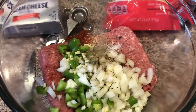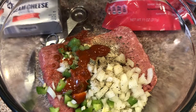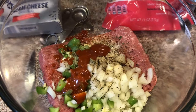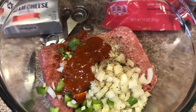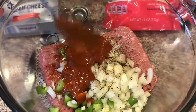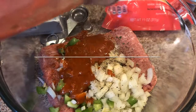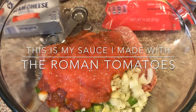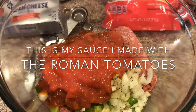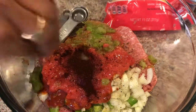2 teaspoons of pepper, 2 teaspoons of the Valentino Mexican hot sauce. I'm gonna go 3. You can skip that if you don't like that. I have tomato paste, and now I'm gonna go ahead and add 1 stalk of celery, 1 teaspoon of chili,